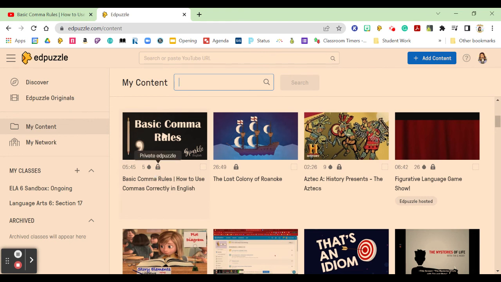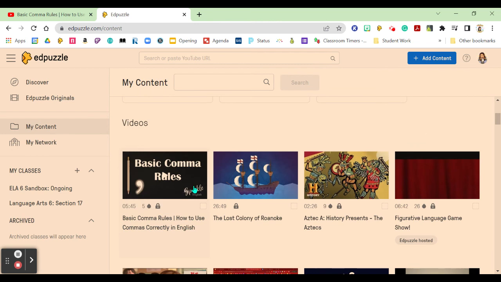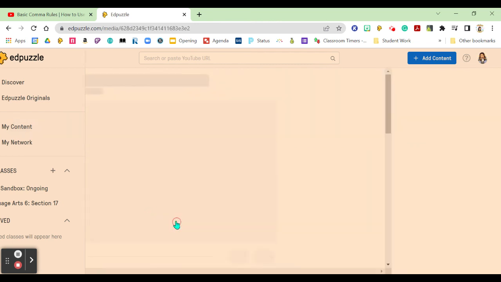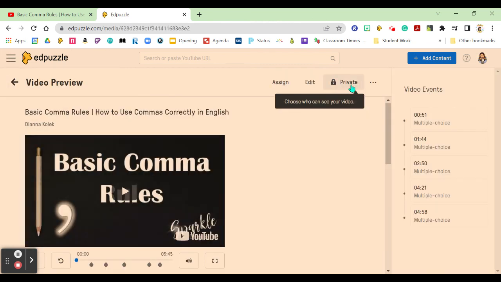So what that means is if anyone is searching for me in the network, they're not going to see it. If I want my colleagues to be able to see it, I can click Edit. Where are the 3 little dots here? I'll go into the video and do it over here instead. Change this here to public, and that means anyone on EdPuzzle will be able to see my video